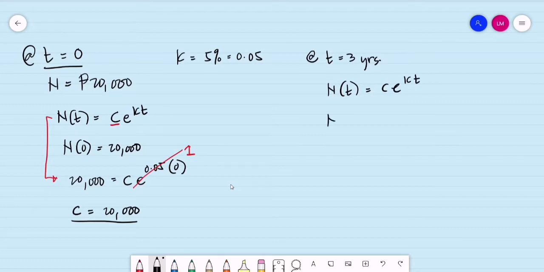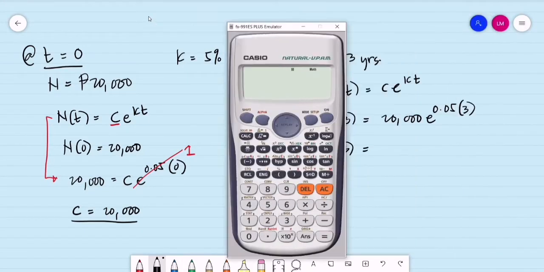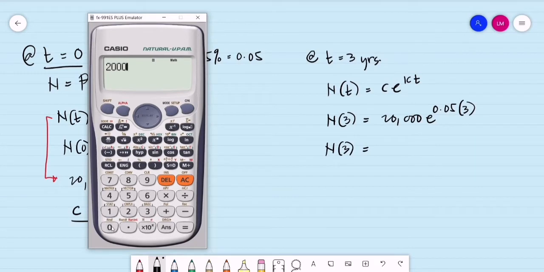So this is the value of the savings, or the amount of the savings at N of 3, equal to C, that is 20,000, times e raised to the rate 0.05 multiplied by 3. So this will be the amount of money in that savings after 3 years. This is 20,000 multiplied by e raised to 0.05 multiplied by 3 years. So let's have that as